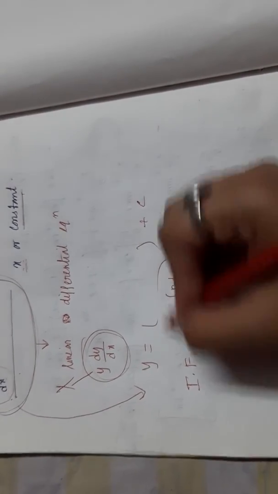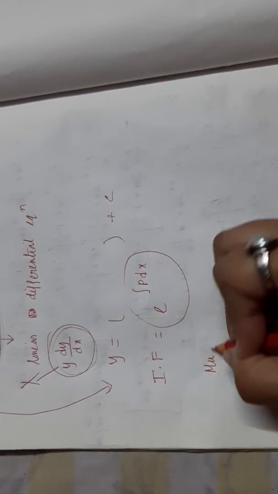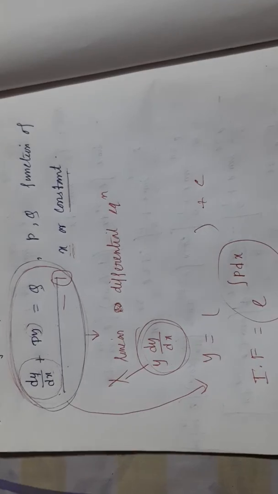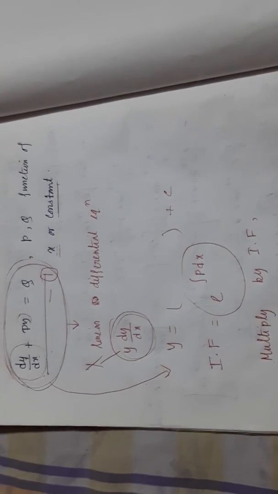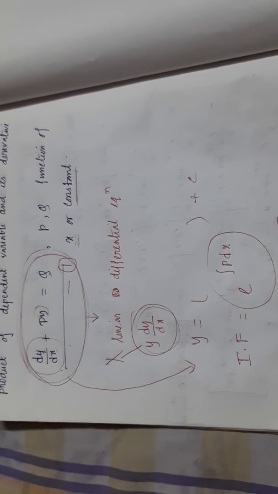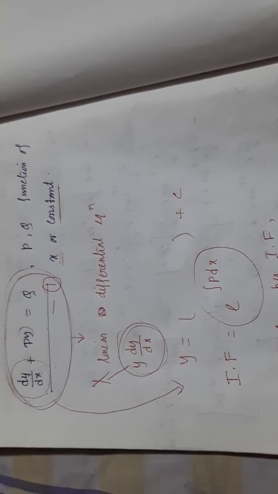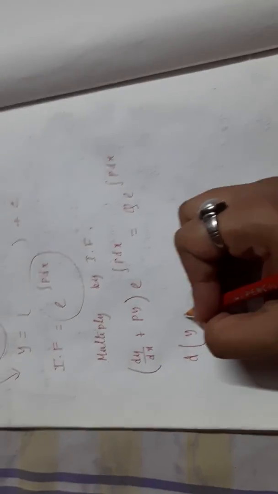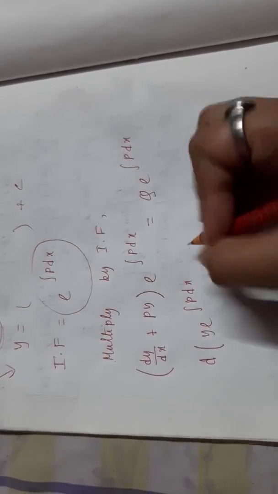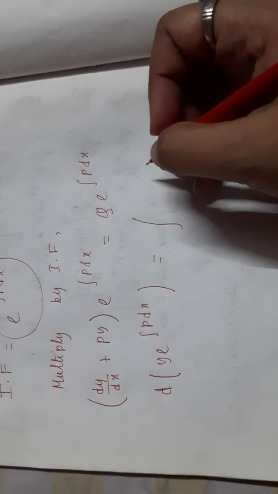And after calculating the integrating factor, we multiply the given differential equation 1 by the integrating factor. And then we have dy/dx plus py into e to the power integration p dx equals q into e to the power integration p dx. And from here we can write d of y e to the power integration p dx equals integration